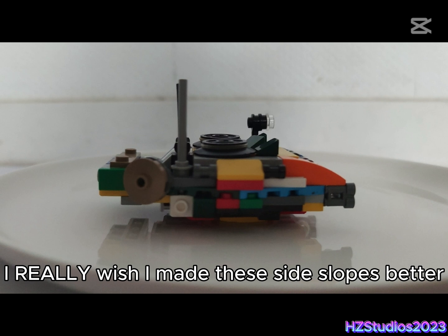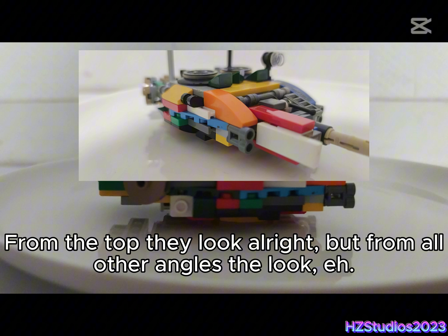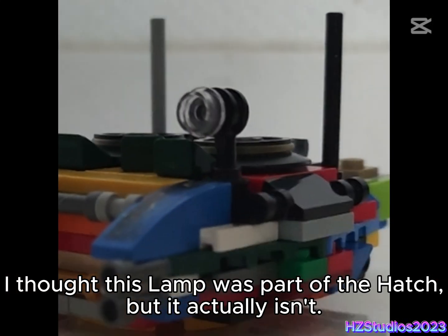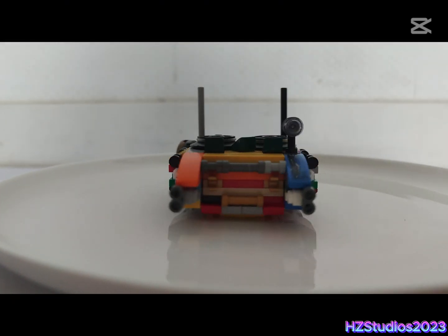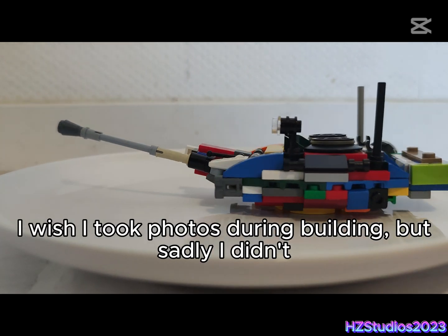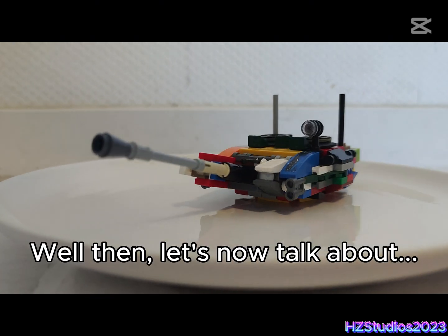I really wish I made these side slopes better. From the top they look alright, but from all other angles they look eh. I thought this lamp was part of the hatch, but it actually isn't. That pretty much wraps up the turret. I wish I took photos during building, but sadly I didn't. Well then, let's now talk about...